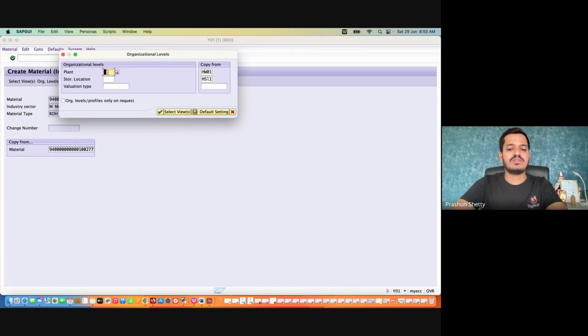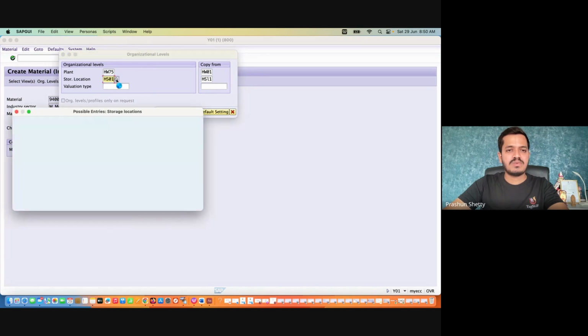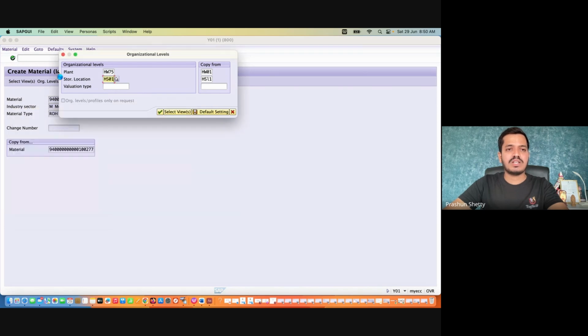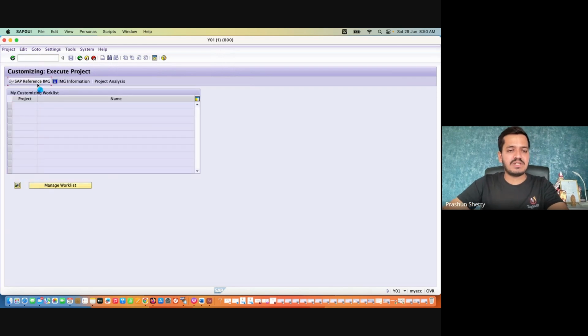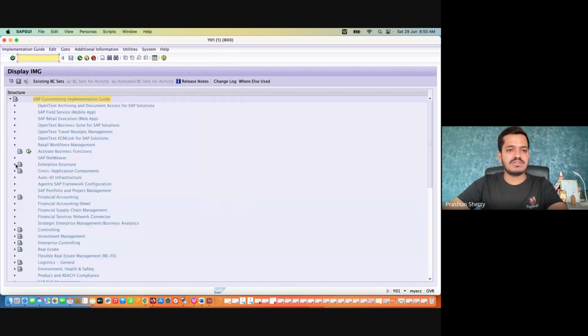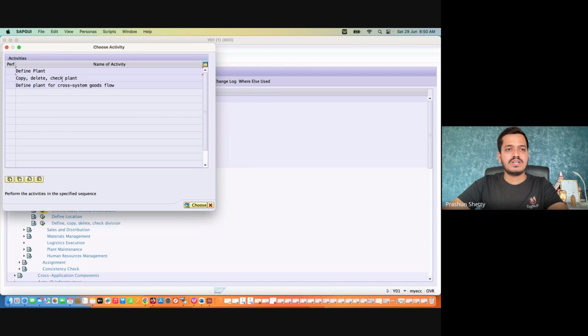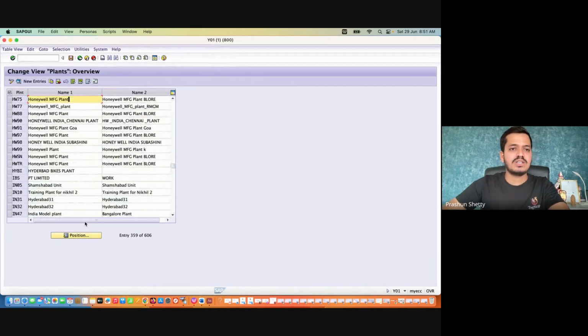And now I'm going to maintain it. It's for HW75 and HS01. I'm copying this. Okay. So HS01, I think not HS, what plant number have I maintained? Okay, sorry, I have maintained for the plant HW02, I think. Let me go back and maintain for HW75, right? HW75 is the one which I maintained, the new one, right? I can go and just check material management, sorry, logistics general. Here I can check, define, check the plant and go with this. And I search for HW75. Yes, this is a